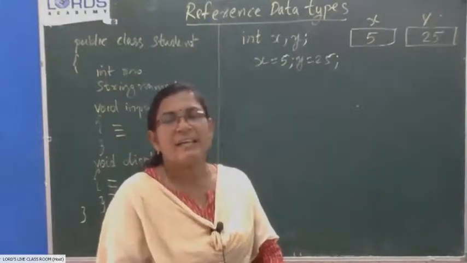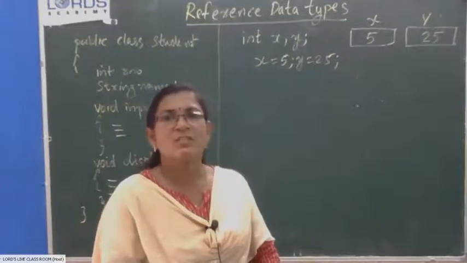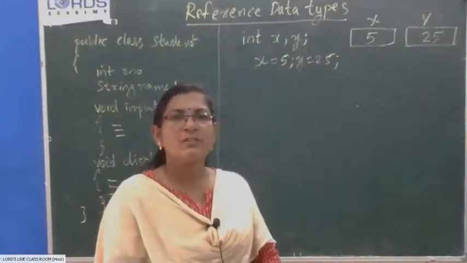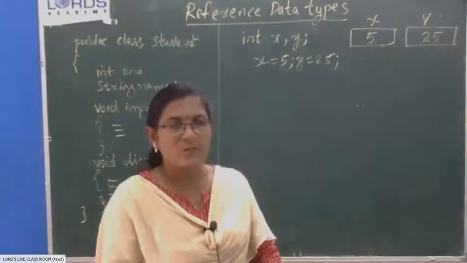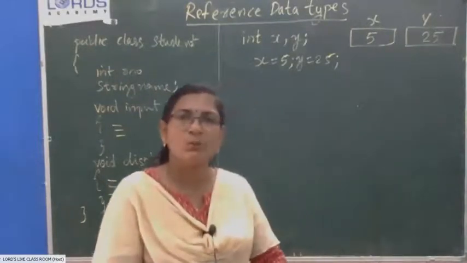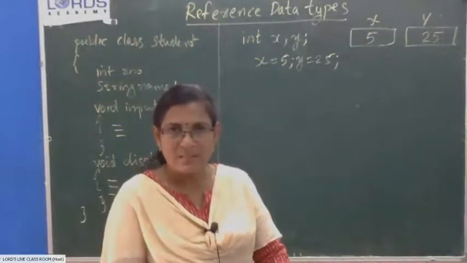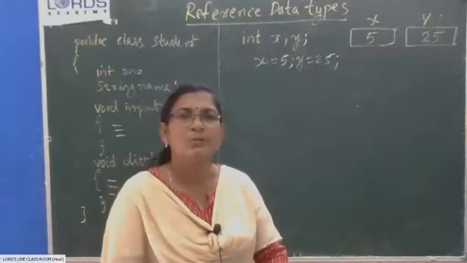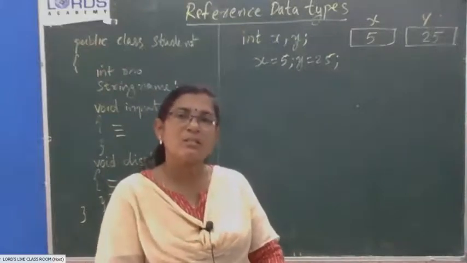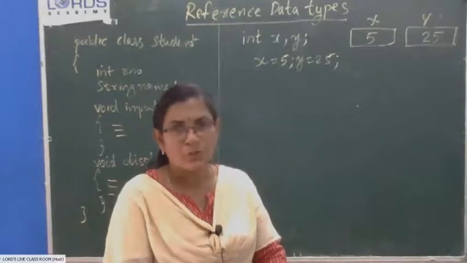When you declare a variable of any of the primitive data types, a memory location will be reserved according to the data type you used. If you are using the byte data type, the corresponding bytes will be reserved and a name will be given to it. If you are using the integer data type, 4 bytes will be reserved and a name will be given to that. You will be using the same storage location for storing the data.